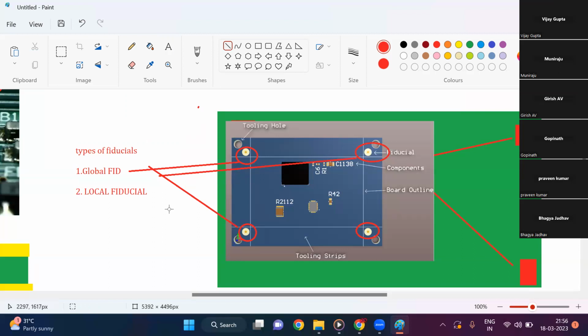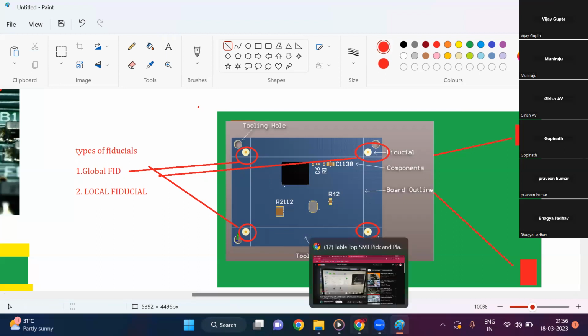Now, local fiducials. Local fiducials are used for the fine pitch components. Fine pitch components means components having less than 0.5 mm pitch. That comes under the fine pitch components. Fine pitch components are very small and will have very small pads. Okay, so it is highly possible that during assembling, testing, and soldering, it can shake and short their pads, because the sizes of pads and pins are very small. Okay, if you see here, for one point, for components,